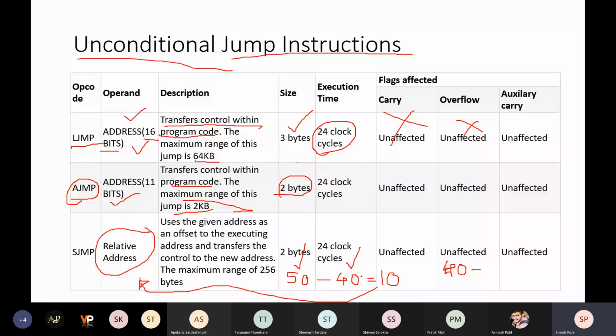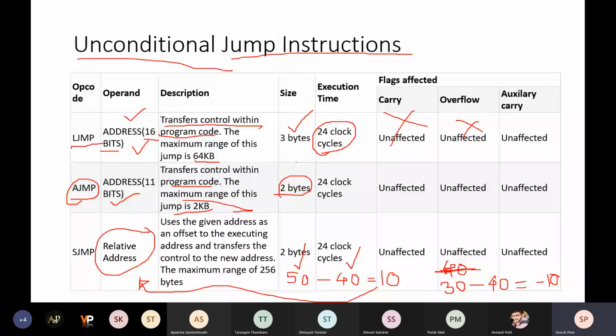Now it will be 30 minus 40, that is equal to minus 10. So now your relative address is minus 10. This is the range of the addresses you are having.